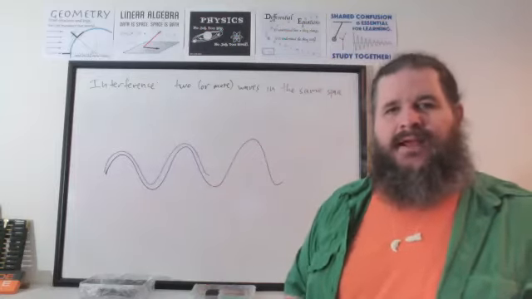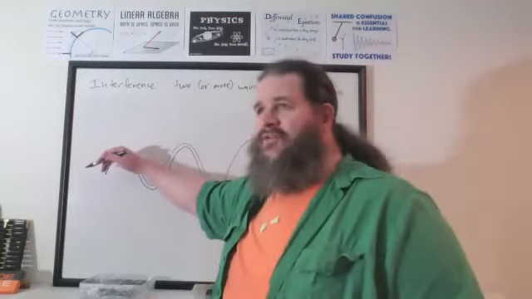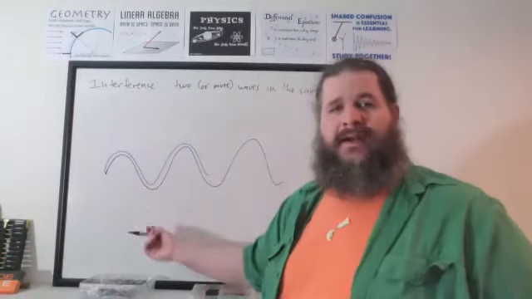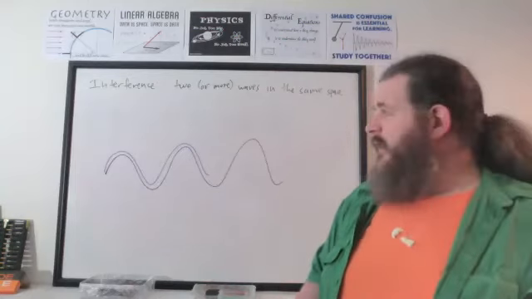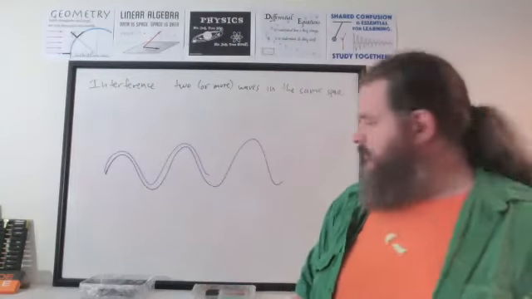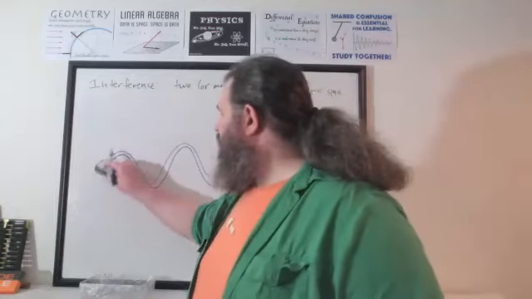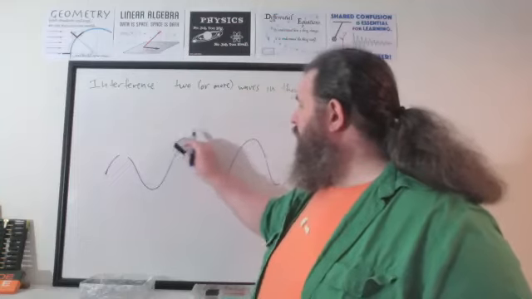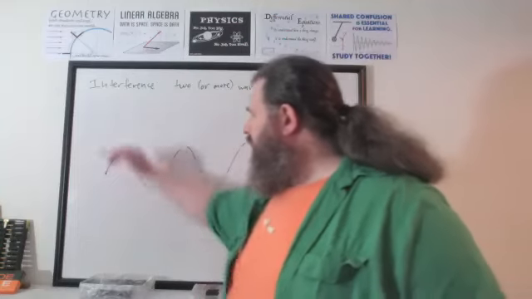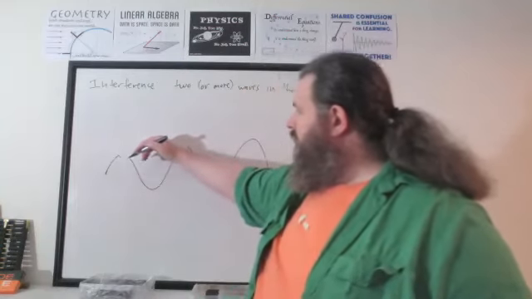Constructive. Yeah, that's going to be constructive. We got crest and crest creating a larger crest, trough and trough creating a larger trough. So that would be constructive, if the waves are absolutely identical, no difference at all. But let's say we shift one of them. Maybe one of them didn't have to travel as far, so it's got a head start. If we take that wave and shift it a certain distance forward,